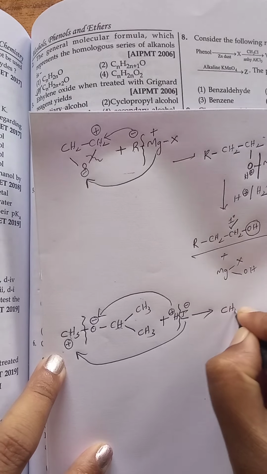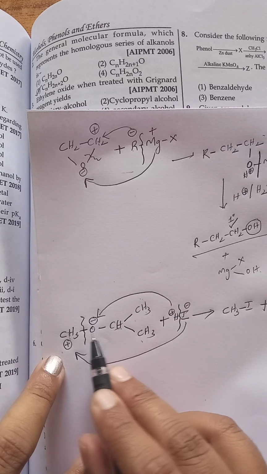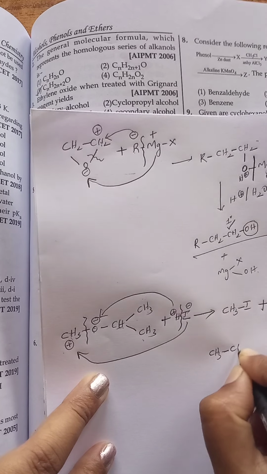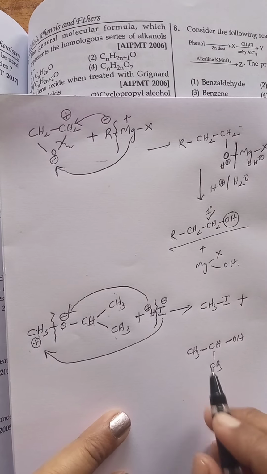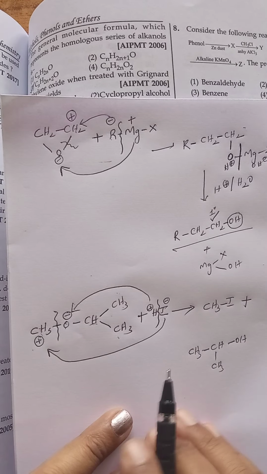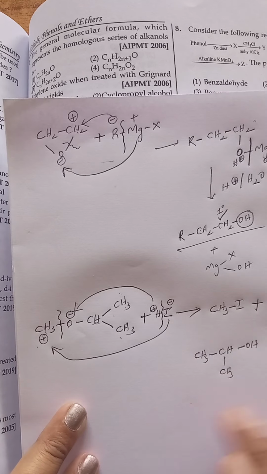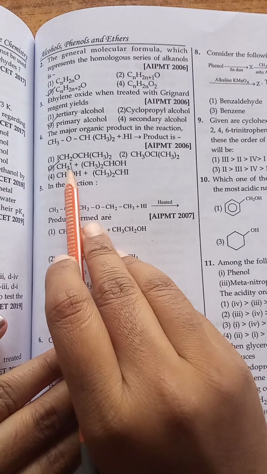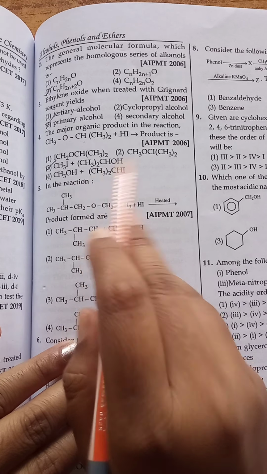CH3I is formed first, that is methyl iodide, plus CH3CHOH minus is added by hydrogen. Then we will get CH3OH. Okay, that is the secondary alcohol, and methyl iodide is formed as the final product. Remember, if it is an unsymmetrical ether, always the bond breaks between oxygen and methyl group, especially primary carbon atom. So the answer for this question is the third one. So methyl iodide and secondary alcohol is formed as the final product.